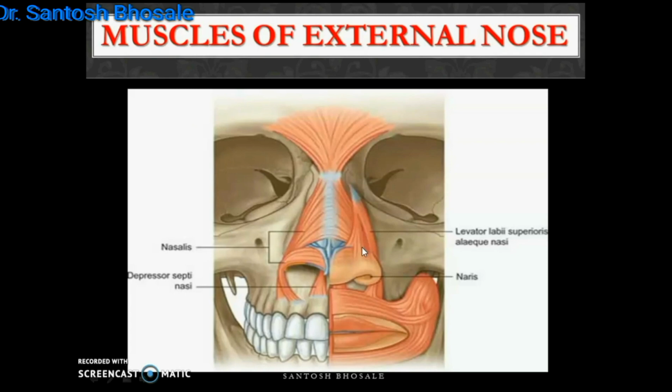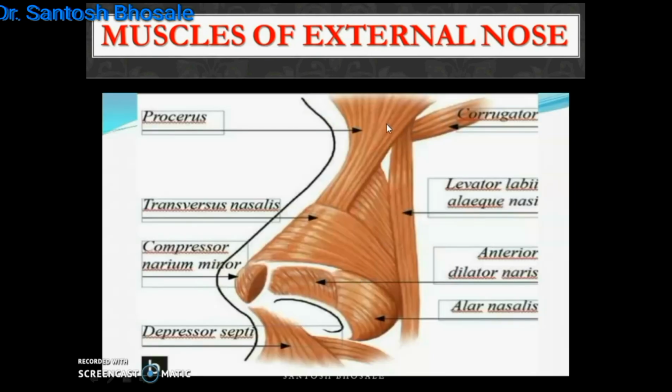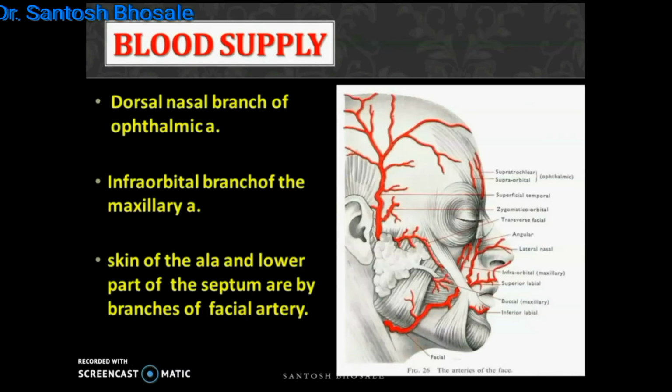Once you take out the skin and superficial fascia, you will see the numerous muscles acting on the nose, that is procerus, compressor naris or transverse nasalis. This is the dilator naris muscle, and that is depressor septi, and on either side you will see levator labii superioris alaeque nasi. So these muscles of the nose are essentially muscles of the face supplied by the facial nerve, and you can see procerus, transverse or compressor nasalis, and the dilator naris. You can see depressor septi along with the levator labii alaeque nasi on the lateral side in the nasolabial groove.